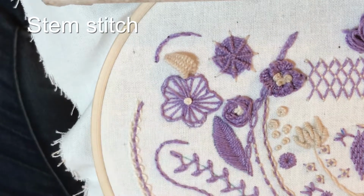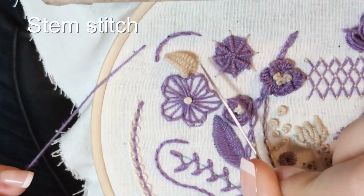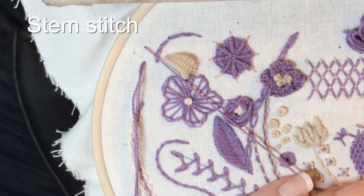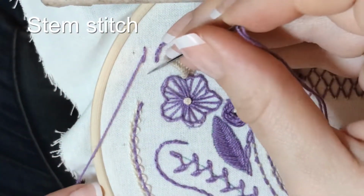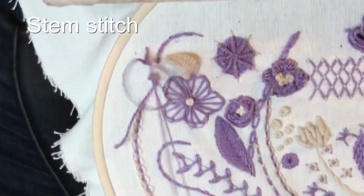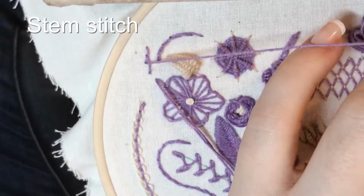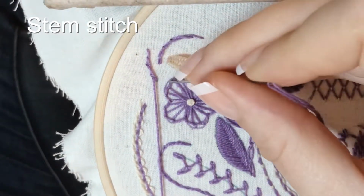I'm going to show you the same sort of curve, but I'm going to hold my thread in the opposite direction. So I'm going to hold my thread to the point of the circle inside it rather than outside it. So starting off my stem stitch as normal, and as I said, holding my thread to the inside of the circle, and again holding my thread to the inside of the circle. So you can already see,